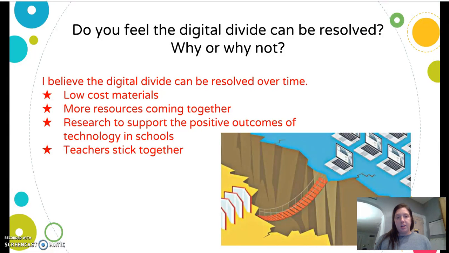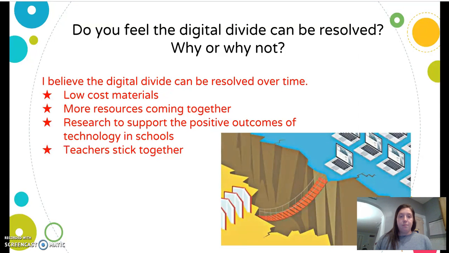Going into the divide, I think that the digital divide can be resolved over some time. This is not something that can take a year or two. It takes some time. I think that the digital divide right now is very similar to the introduction of cell phones. Cell phones at one point were very hard to get.